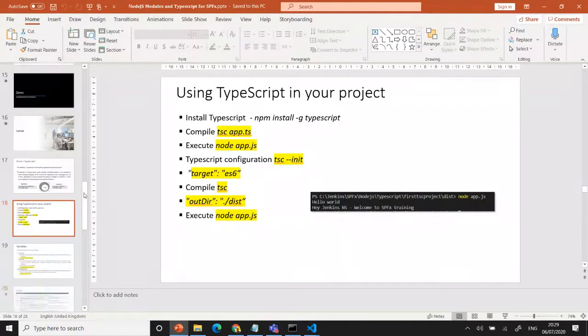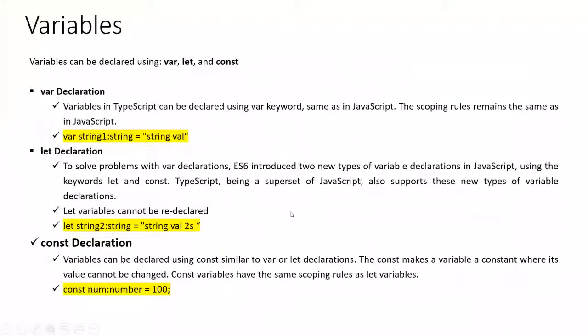We have variables. I'll go fast because I hope everyone is a developer, so you understand it. We have a variable declaration: let string colon string. We need to use the variable type, and we have a constant number with a number variable like that. We have three types: var, let, and const. Using var is nothing but the any type. You can use var, or you can use let variable name colon any, it also supports that.